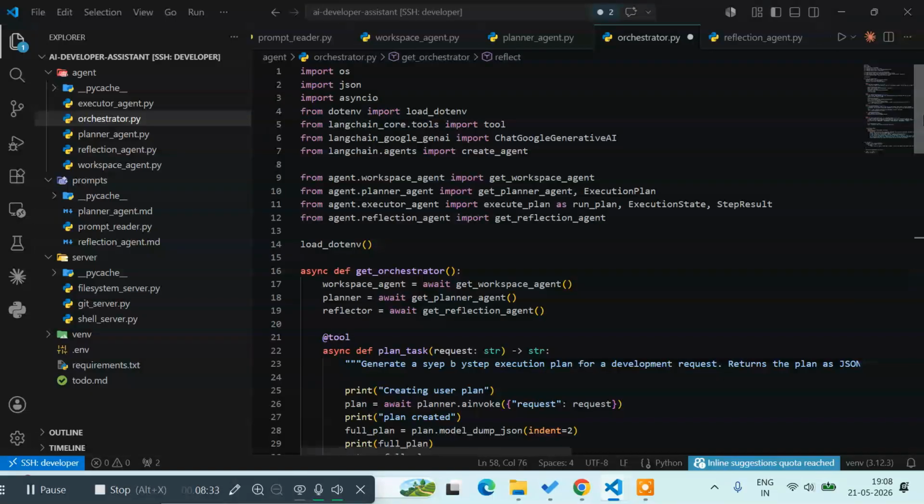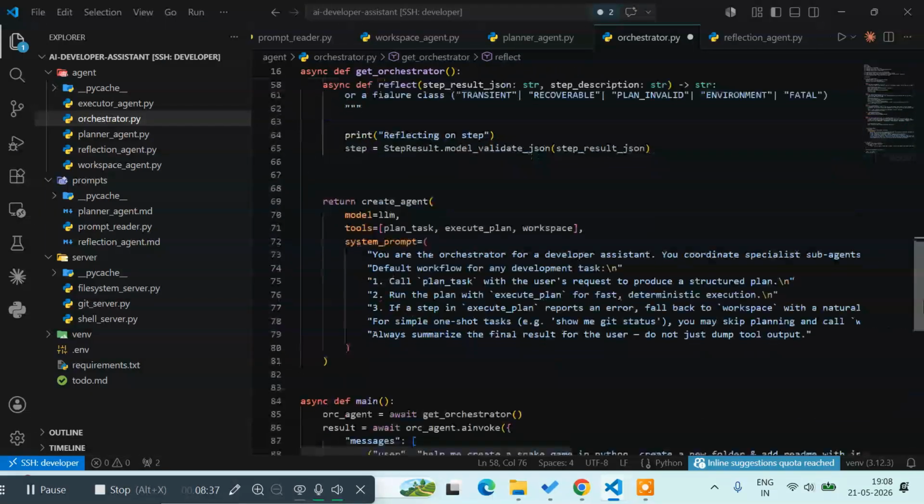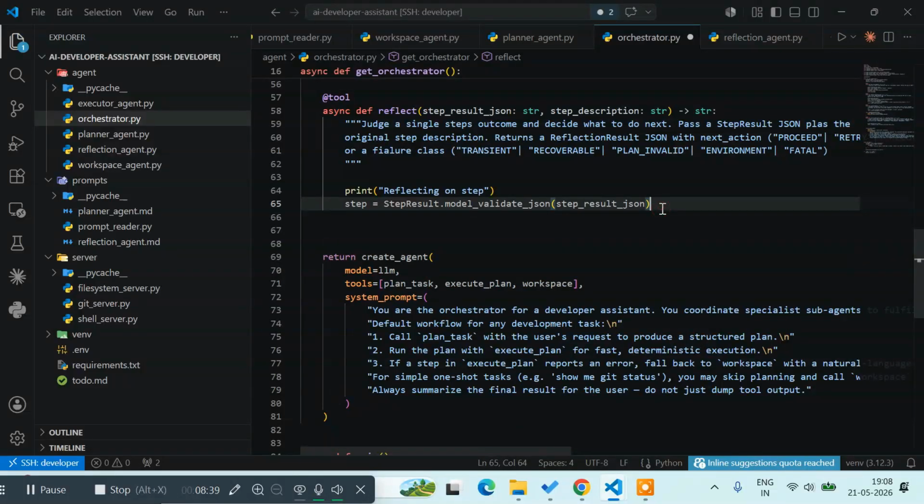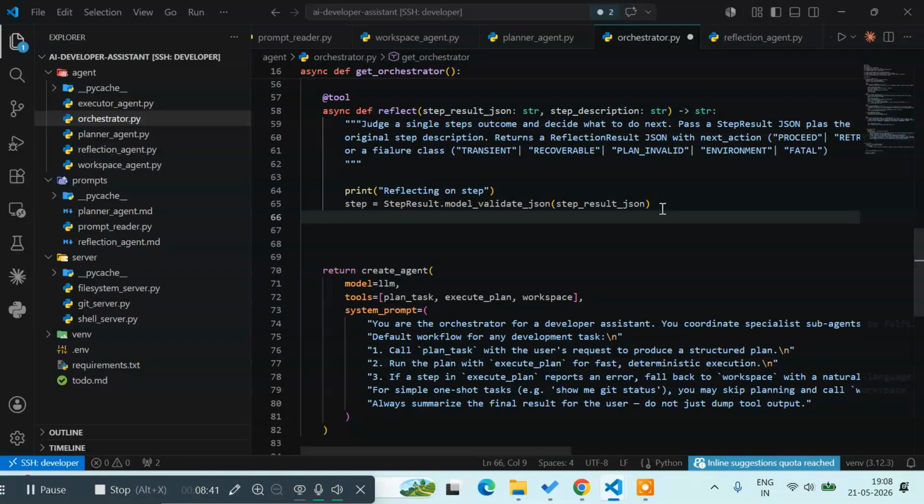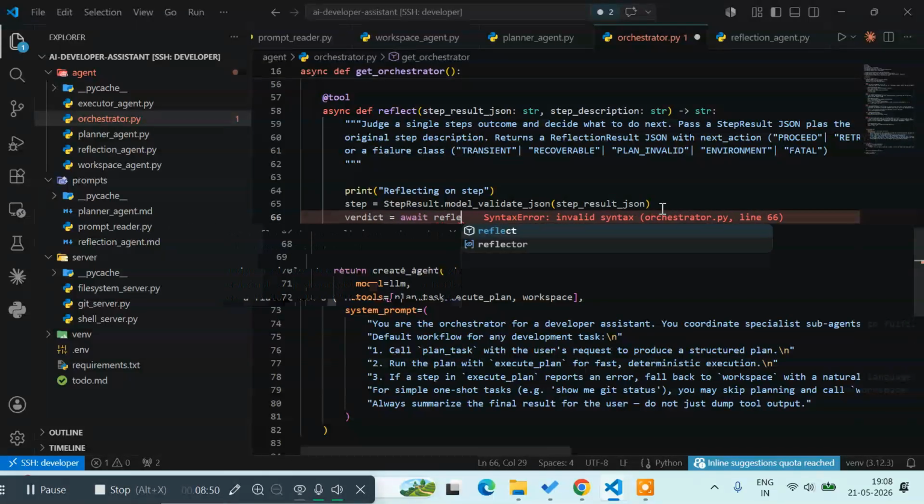I'm going to check the step result. Okay, so we have the step result. Finally, what I have to do is send this step to my agent. The agent will reply with a verdict. I'm just going to create a call to the agent. So, reflector